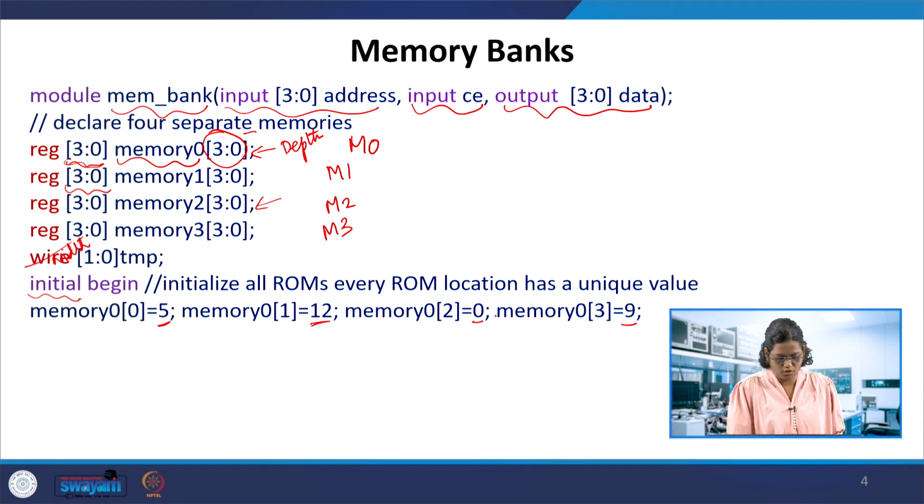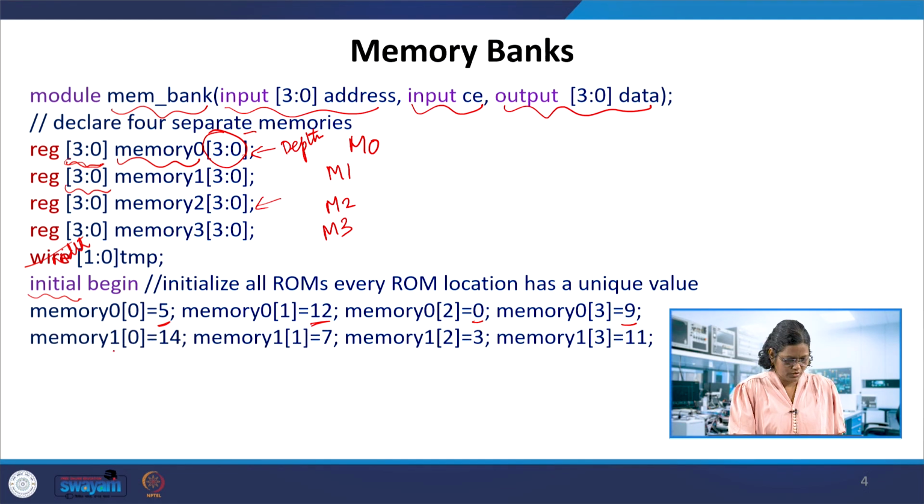So the depth of 4 values are declared over here, which means we initialized some values. The data can be, say, the first 16 values of a sine wave. Suppose we are going to store values 0, 1, 2, 3 in the first 4, and the second one, memory 1. You can notice the difference between this 0 and 1 over here. This is given some random data, not any sine wave or something. So you can store whichever values need to be stored.